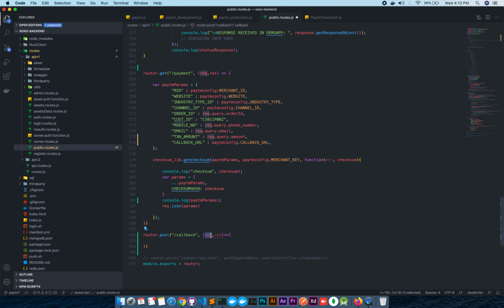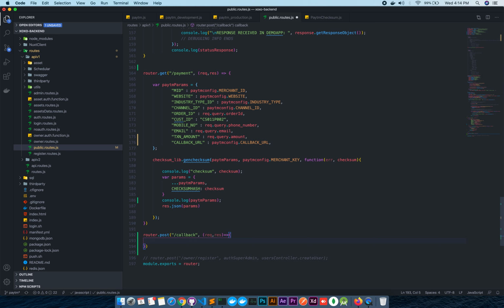If someone has tampered with that checksum, or if someone has changed the payment amount also, we can check that through the checksum if it is valid or not. And then we will verify if the payment is done or not via the payment API, and then we will redirect our user, or we can send a message to the user that the payment has been done. In the current video we will just send the message, since there are lots of different types of implementation that we can do with the callback function.